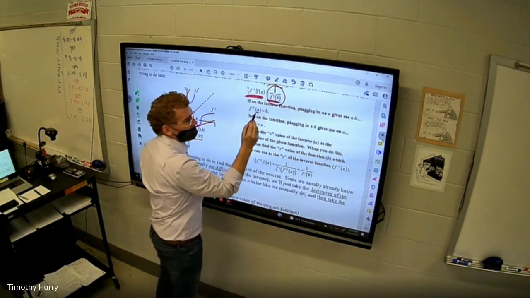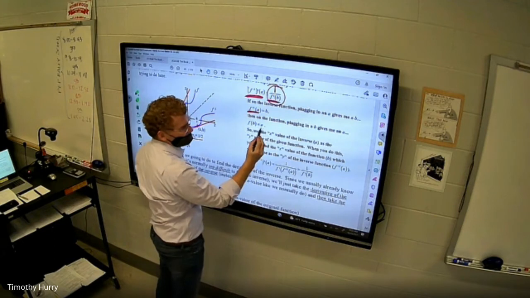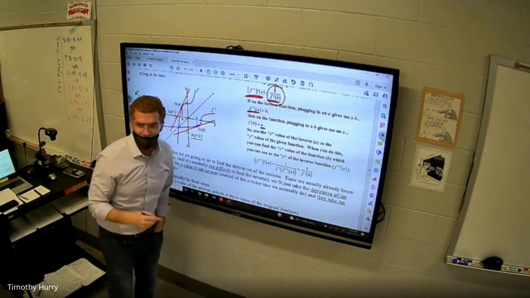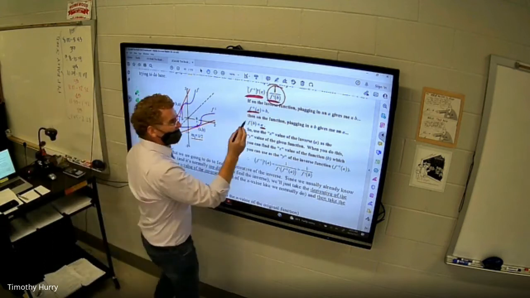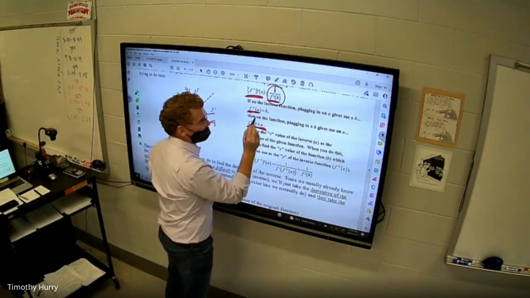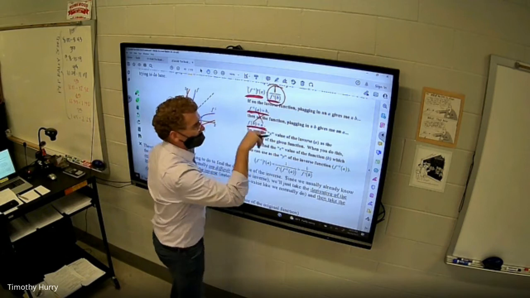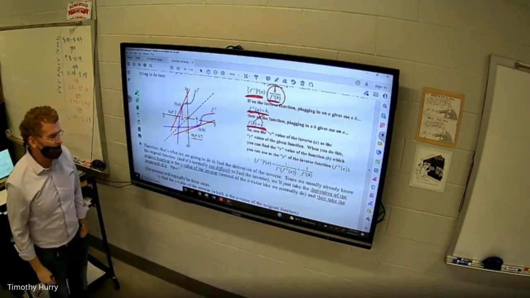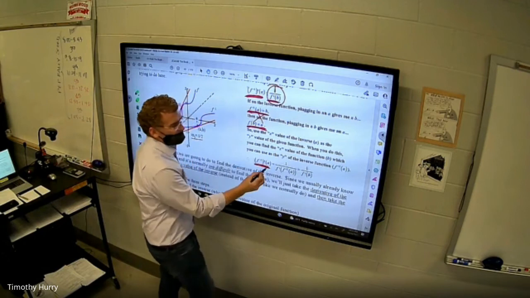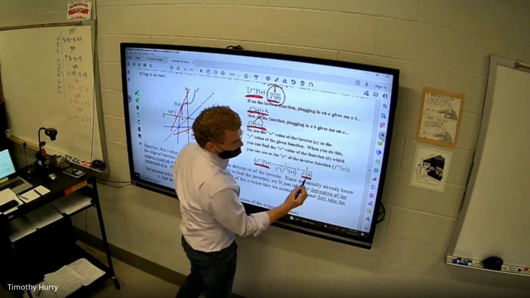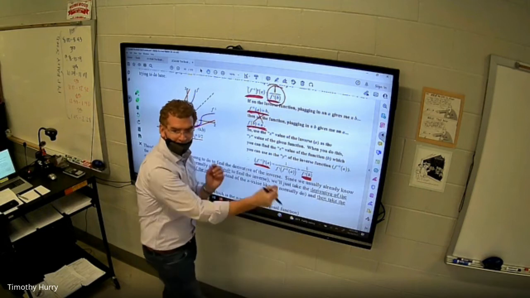And the x value of the inverse is the same thing as the what? Y value on the regular function. So what you're trying to do is link this inverse to this regular function and make sure you understand that the a and the b are flipped. So what's going to happen is for you to find the derivative of the inverse at an a value, you're going to find the derivative of the regular function at the b value, the coordinate that goes with that a,